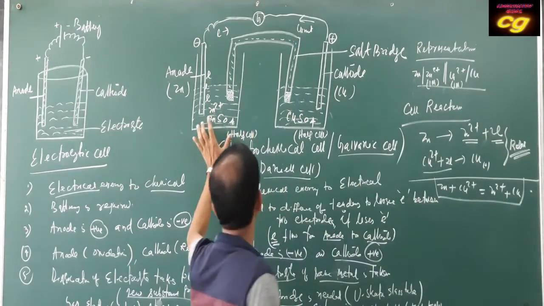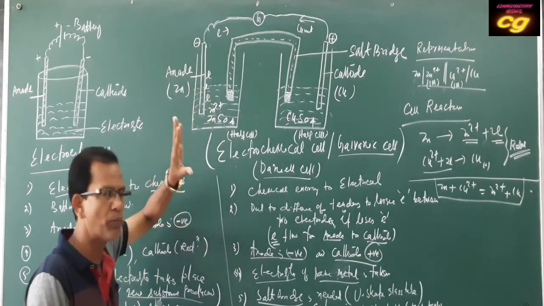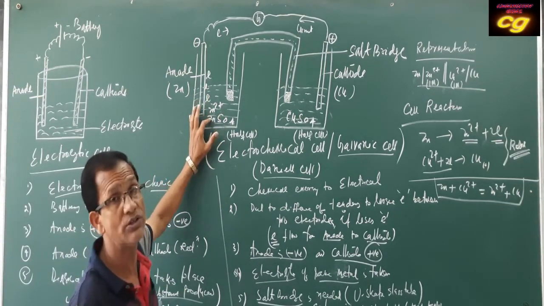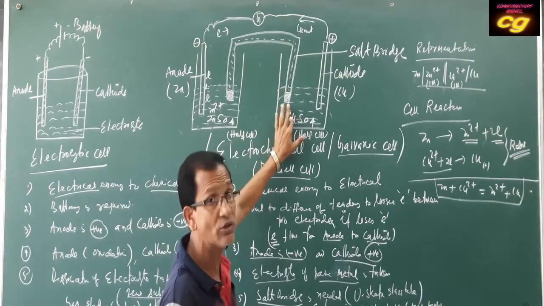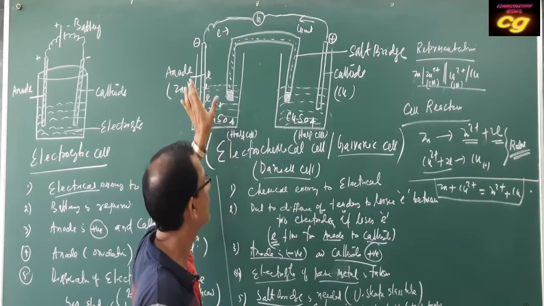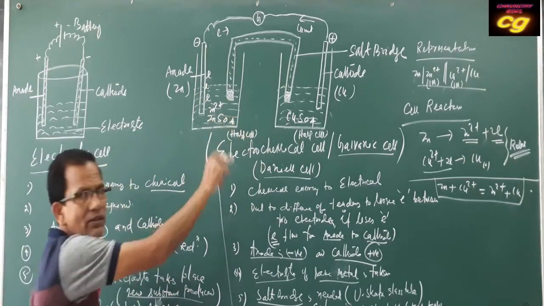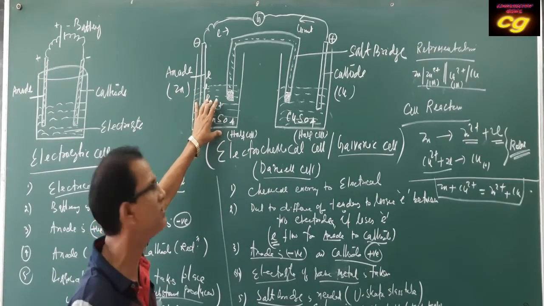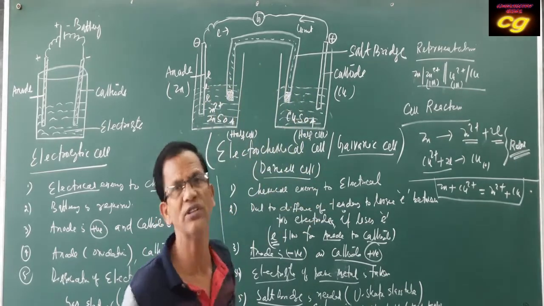Electrode potential of zinc means you can say the tendency to lose electron is more, that the potential to lose electron is more. Here the potential to lose electron is less. Due to this potential difference, current or electron flows from zinc to copper. The zinc half cell has a specific potential and the copper half cell has a specific potential. This potential difference is called cell potential.